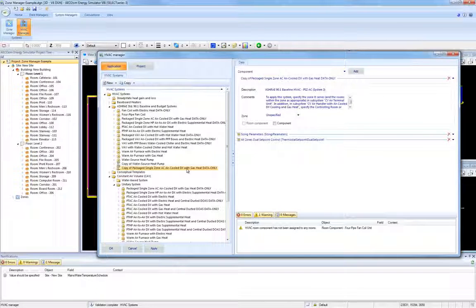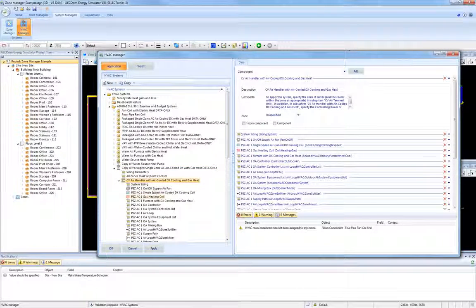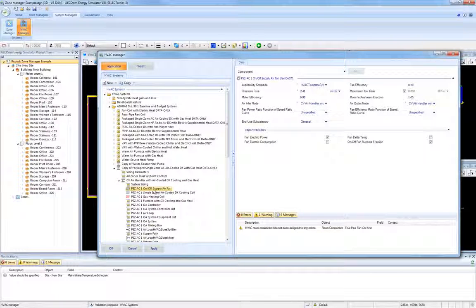In this case, there's only one method for changing input values for these types of systems. In the tree view, select the particular component that you would like to change. For example, this supply air fan, maybe we want to change the fan motor efficiency. It's currently shown as 90% efficient. Maybe we want to change that to be 85%. So 0.85, and then I hit Tab to enter that value and save it.